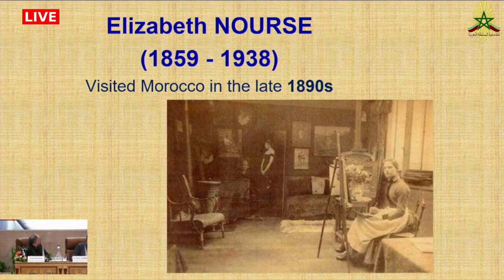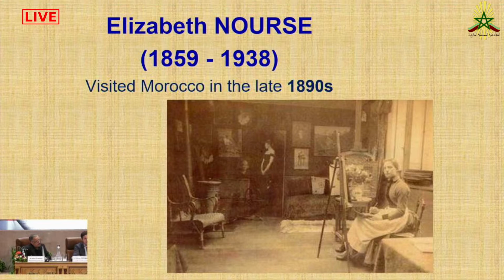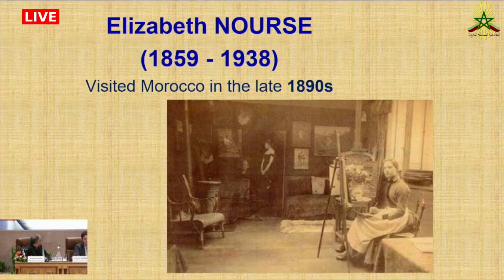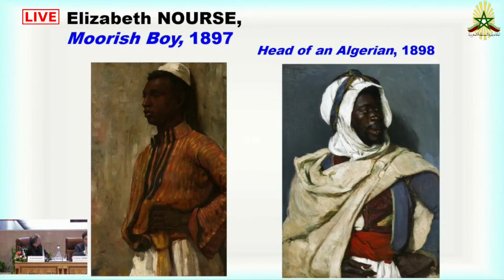And to finish, this is to say that there were not only male painters, but there were also female painters during the 19th century, American painters. Maybe more female painters at the beginning of the 20th century, but this is an example. Elizabeth Nourse, she visited Morocco in the late 1890s. And we have here two of her paintings, one in Morocco, Moorish Boy, and one in Algeria, Head of an Algerian,